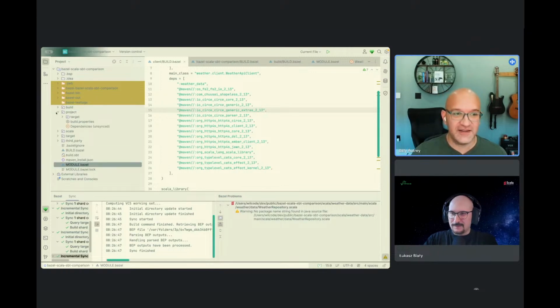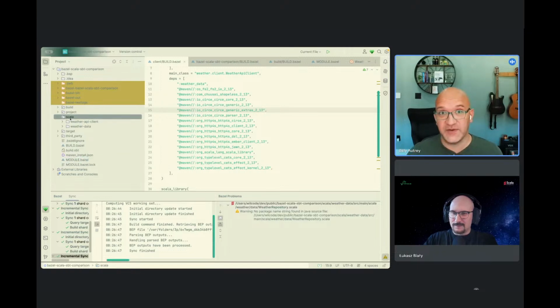The idea here is, in Bazel, because you can have multiple languages, you typically say, okay, I want all my Scala code to be in a Scala folder, and you put your Java code in a Java folder, and your Go code in a Go folder, because otherwise you can quickly get out of hand with your dependency graph. I built this with SBT as well, so I could test it both ways.